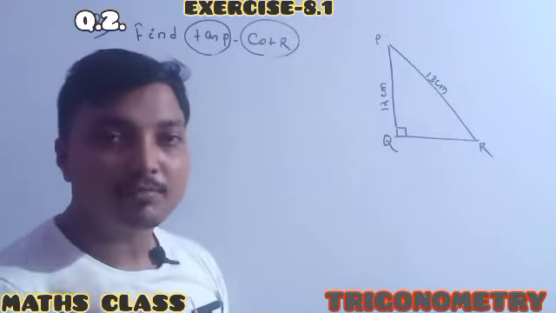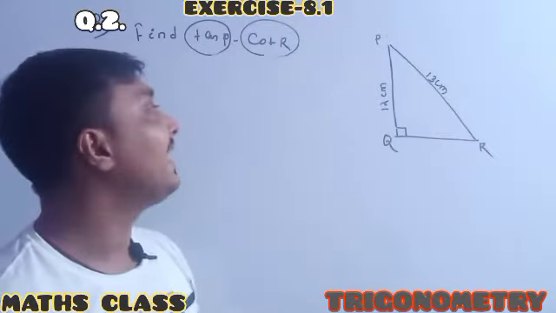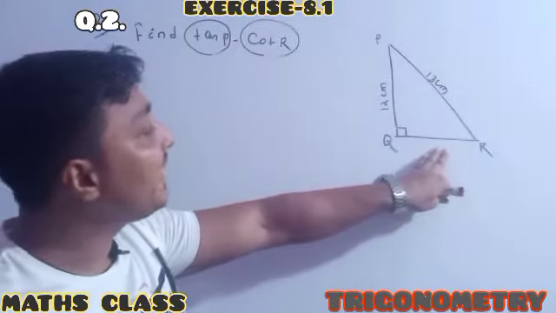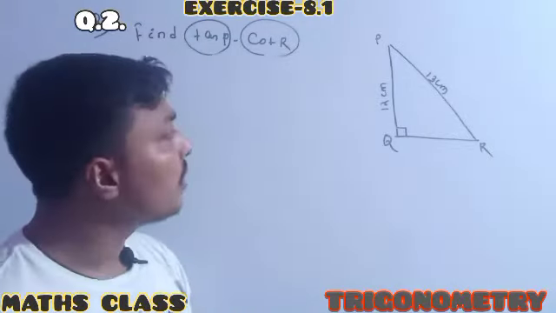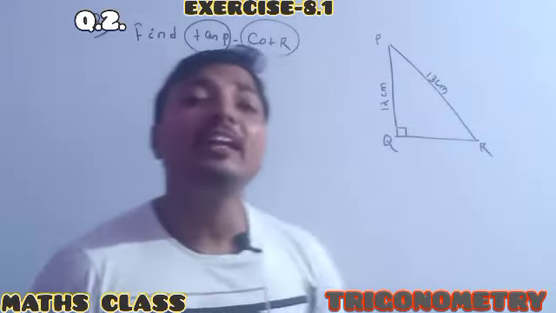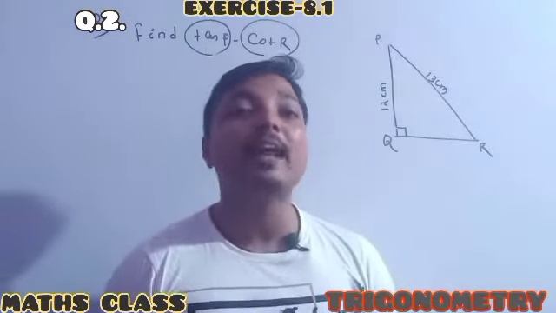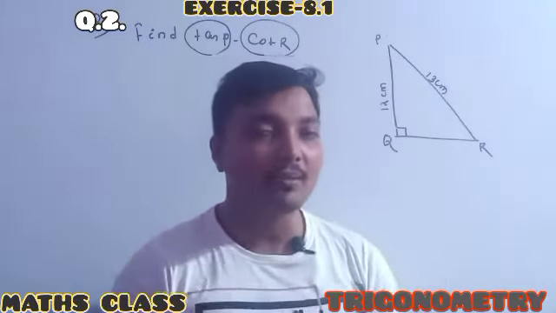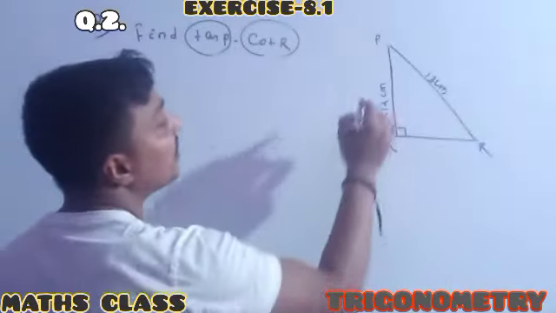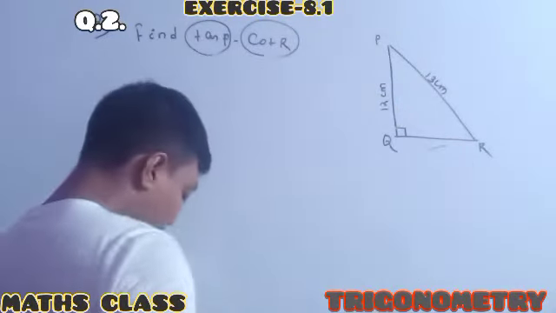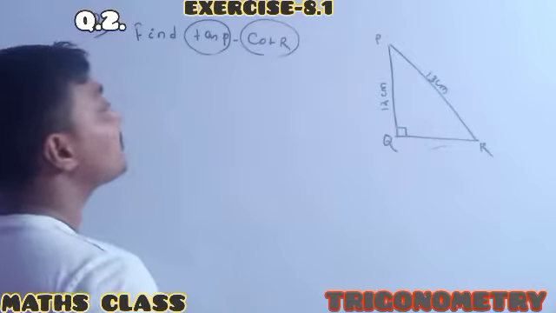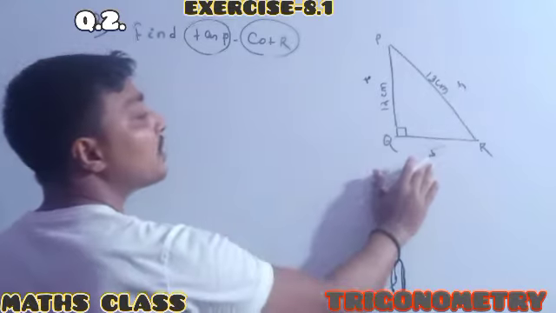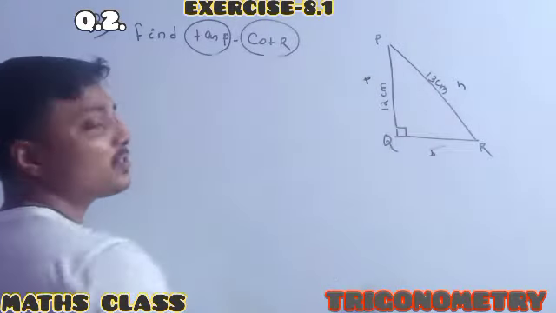we want the 3 sides of the triangle. But here one side is given and another side is also given, but one of the sides is missing. And everyone knows whenever any two sides of a right angle triangle are given, we find the other side by using the Pythagoras theorem. Suppose this one is P, suppose this one is B, suppose this one is H. Everyone knows the formula: B is equal to the square root of H square minus P square.